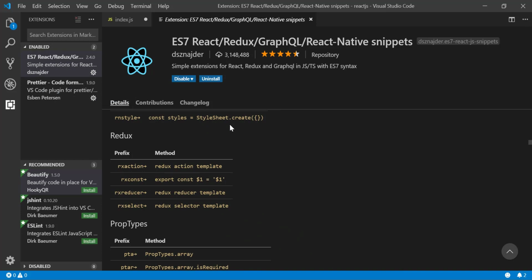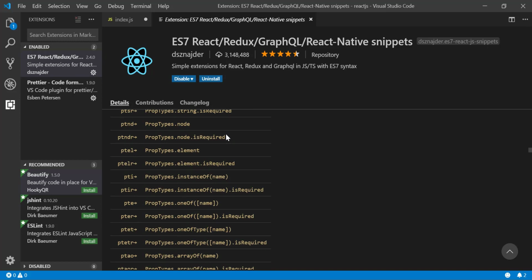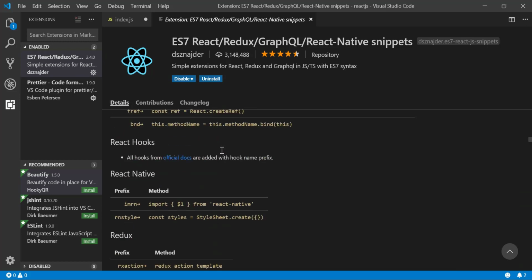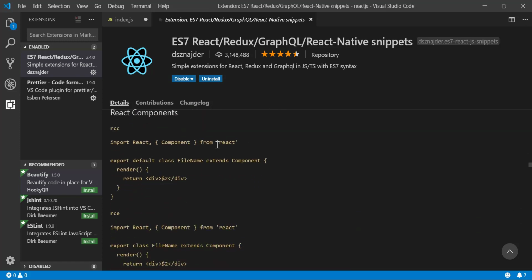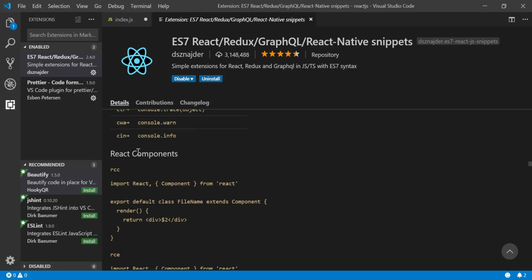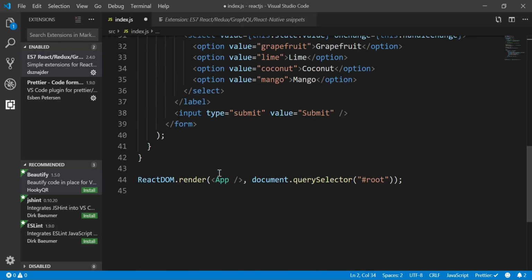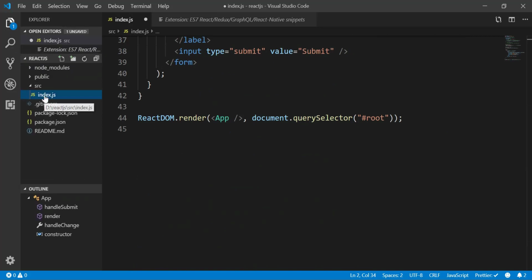After you install it, it will enable by itself, and you can see the effects from that. Okay, so I'm going to look for the class component and how we are going to use it. So here we can already see React components. If I want to create a class component, I can just type this: rcce. Okay, so I scroll down and we are now in the